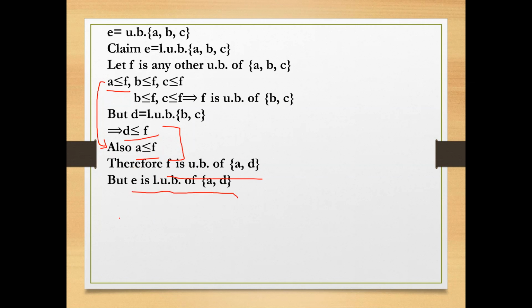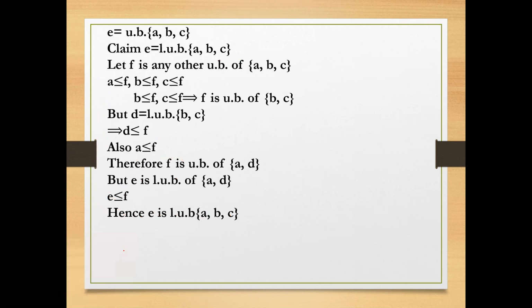So now again we are on the same stage. One element is least upper bound and one element is upper bound. So least upper bound is less than or equal to upper bound. So we have E is less than or equal to F. So what we desire now, we have proved it. We have claimed that E is least upper bound. So yes, E is the upper bound, F is the upper bound, but least is E. Therefore, E is the least upper bound of ABC. So in this way, you have calculated the left hand side of the relation A join B join C.